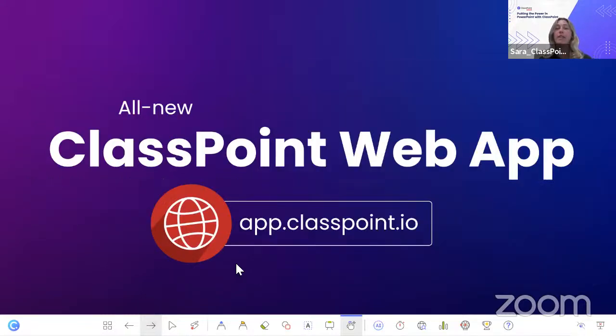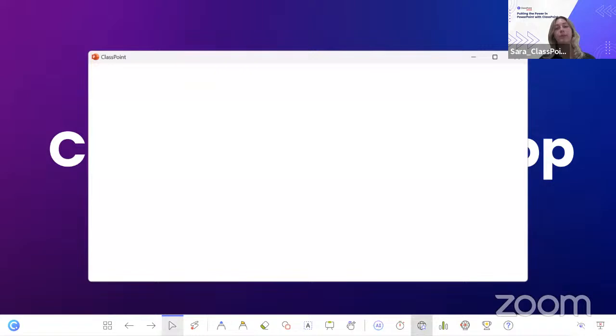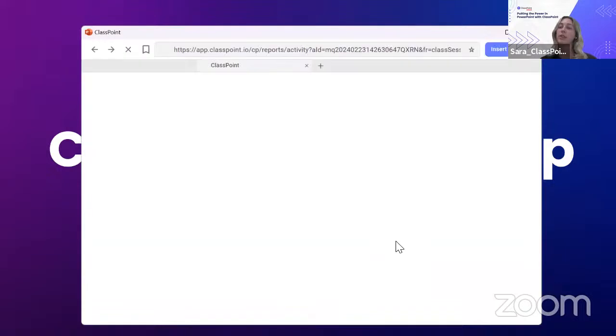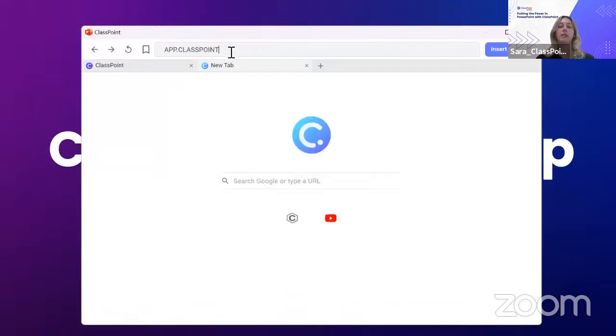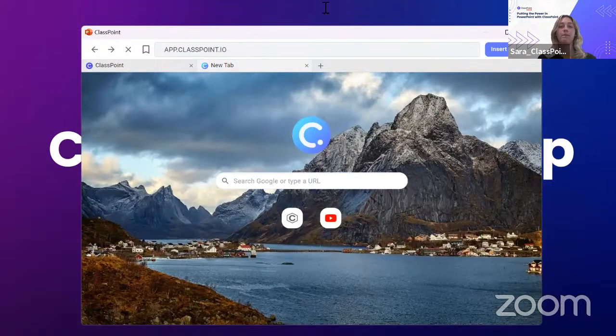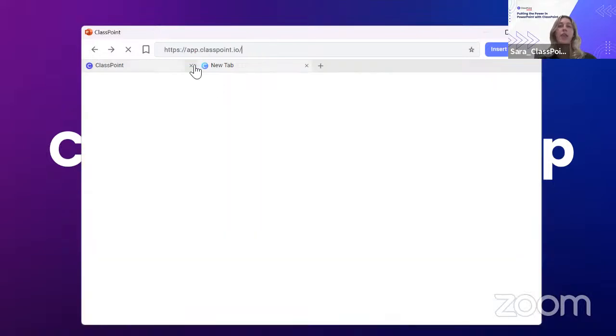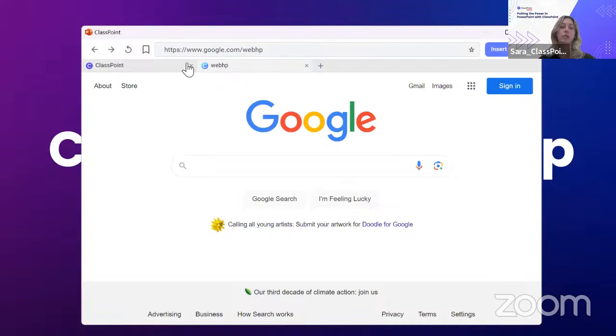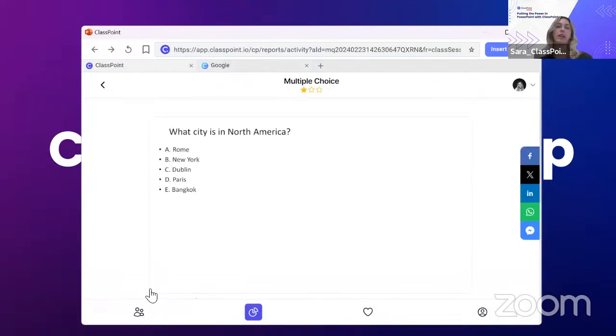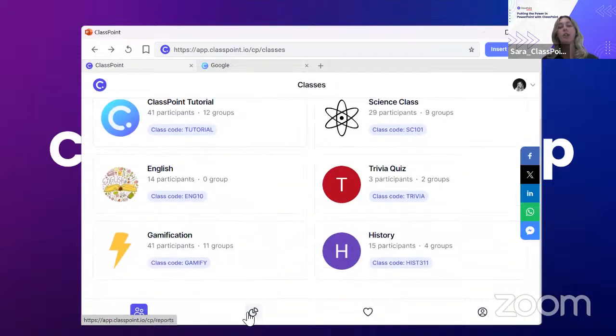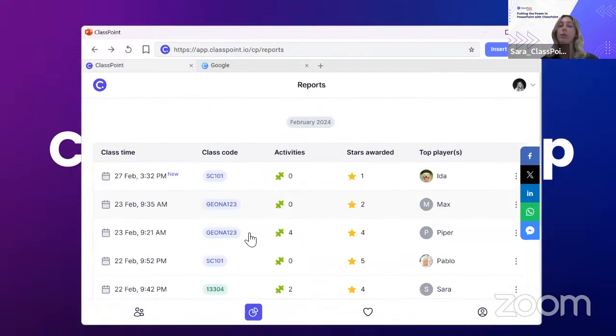Another new feature that we have is the ClassPoint Web App. This web app, which I will show you with our embedded browser, is one place where you can review all of your ClassPoint classes and analytics and reports and responses from your students. If you just go to app.classpoint.io, there we go. You can sign in with your regular ClassPoint account. And you can see information on all of your classes, as well as different reports for your